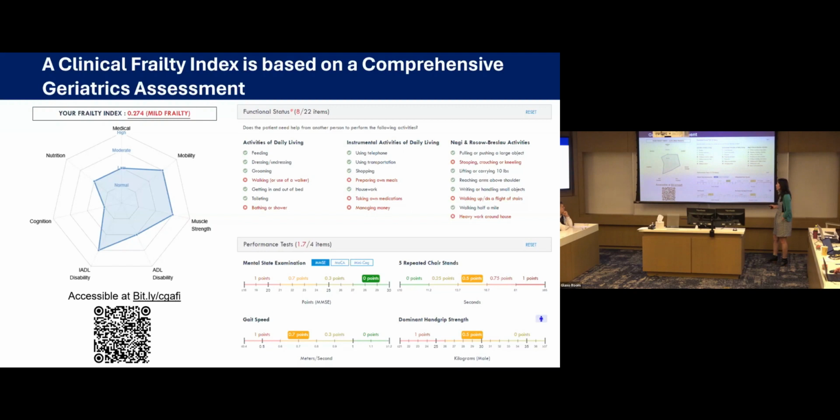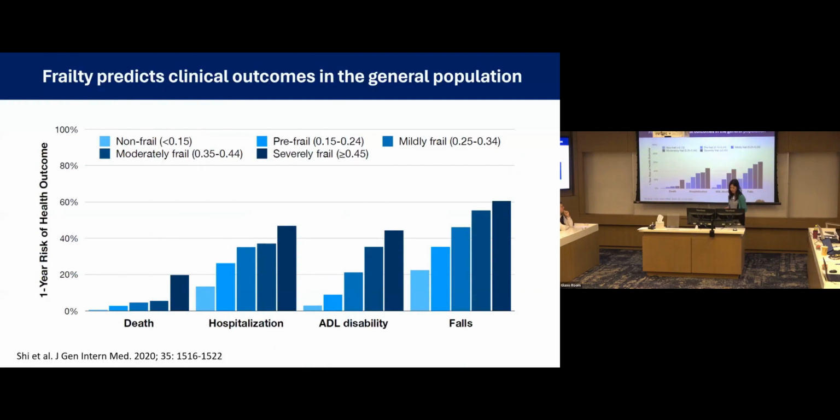And the nice thing is it also gives us domains of impairments or deficits. So for this hypothetical person that I plugged in, most of their domains of concern reside in mobility, muscle strength, and IADL disability. But for example, they're relatively cognitively intact. So you can imagine it's extremely useful for us as clinicians when we're evaluating patients and thinking about ways to intervene. Now, the other advantage of a frailty index is that it's extremely operationalizable because the deficits or the problems that you plug in, it turns out, can be quite flexible. And so this allows us to look at this problem on a broader scale.